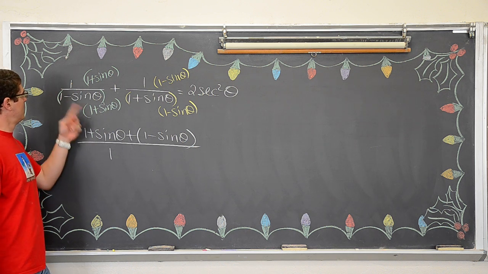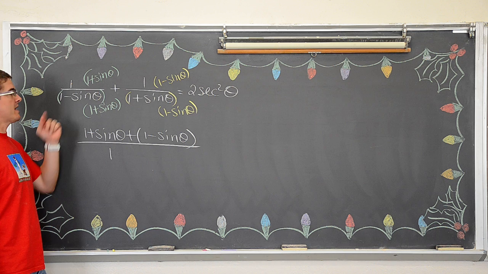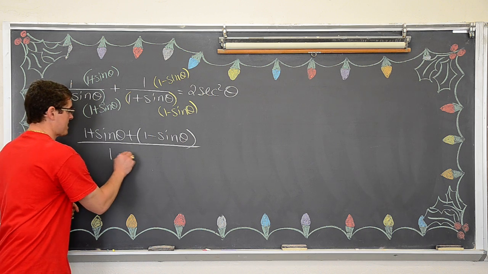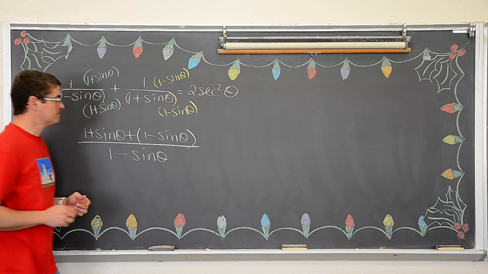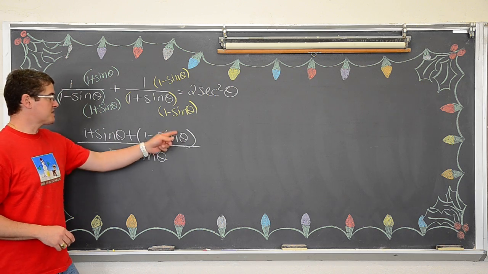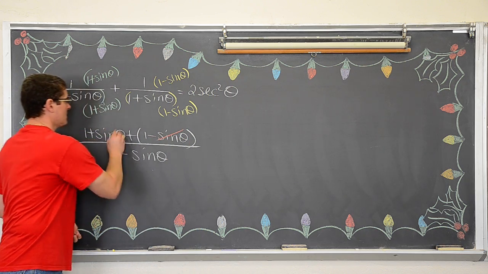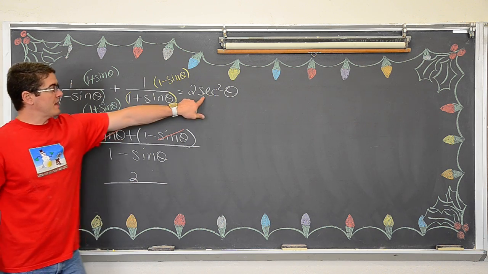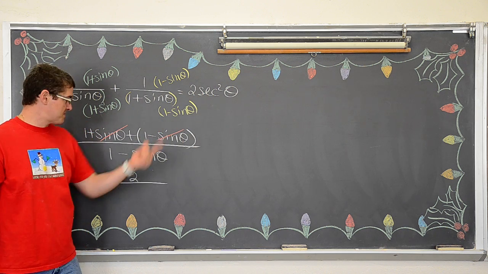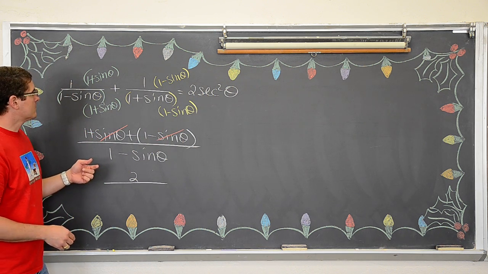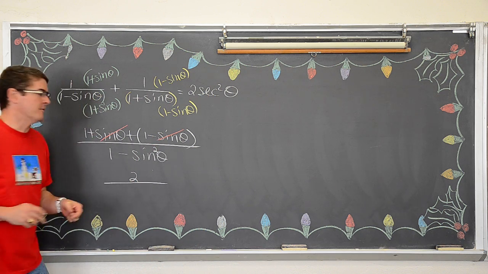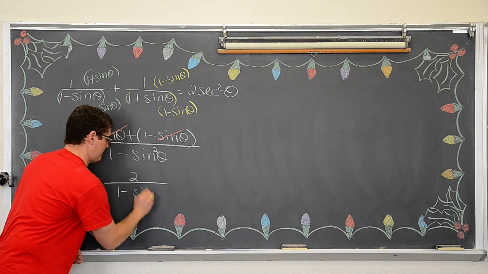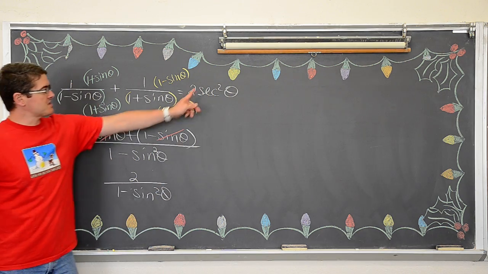1 times 1 is 1. 1 times sine is positive sine. 1 times negative sine is negative sine. Those are going to cancel out. And negative sine times positive sine is negative sine squared theta. Okay, well, sine minus sine, those are going to cancel out. And I'm left with 1 plus 1, which is 2, which is really good because that's what I need over here, a 2. 2 times something. Well, oh, forgot my exponent of 2. Okay. Now I've got 1 minus sine squared theta, and that does not look like this over here.